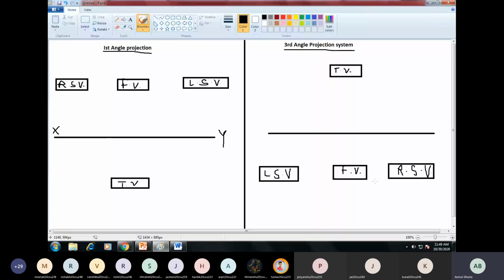Fine. This is the notation that we need to follow while making the side view. You understood the concept? Any problem? Anyone, any problem? No, sir. This is the concept and nothing to do with the geometrical representation or anything. Okay. So in the right side view, the right side is represented by the right side and left side by the left side. And in the left side view, the right side is represented at the left side and the left side is represented at the right side.